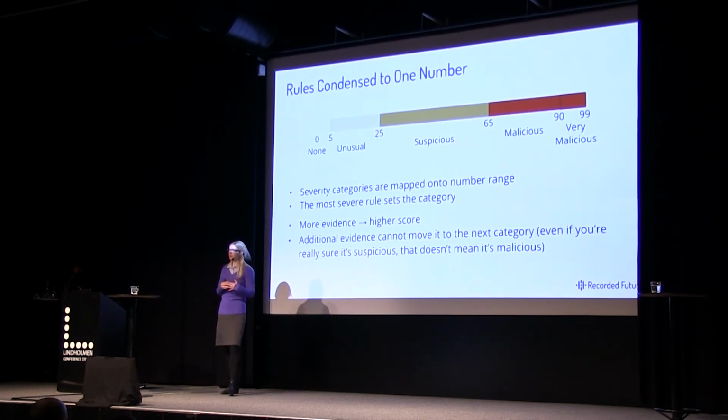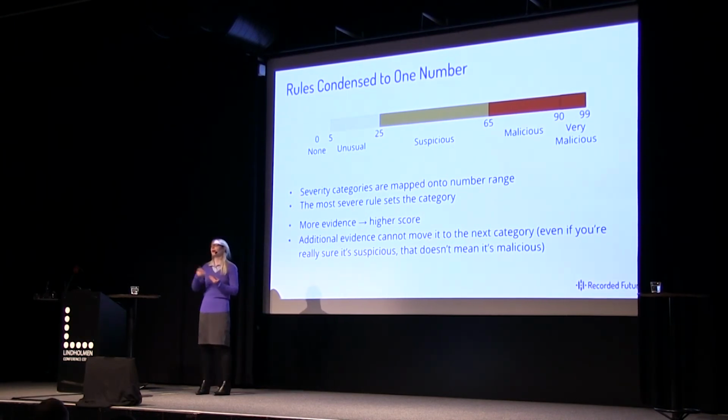So the way our model works, for a given indicator, we look at the different rules that match it, and the maximum severity level of those rules becomes the severity level for the indicator. But then within that risk band, say suspicious or malicious, the more evidence we have, the higher the score in that band. So ranging from 25 to 65, we have a higher degree of confidence that whatever we're looking at